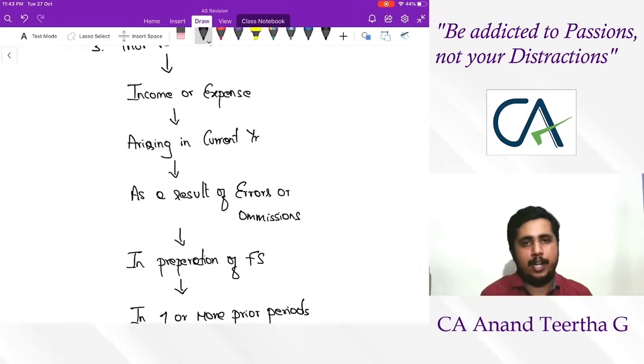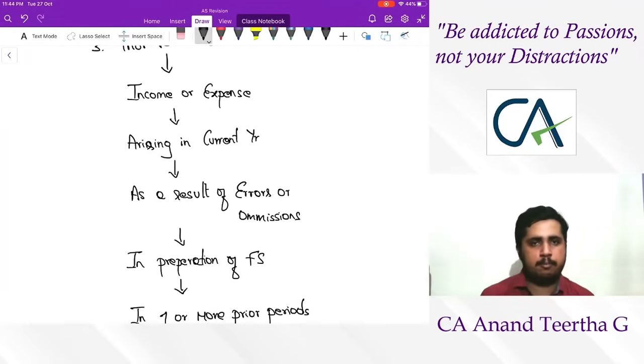For example, in the prior periods, if you have made any mistake which is now evident, you can clearly see that for the current year it's a prior period item, because you made an error in the previous time and now you are rectifying it. For example, the actual stock value is 4 lakh, but by mistake you wrote only 3 lakh. Now you came to know that 1 lakh of stock was missed, and you want to bring it up.